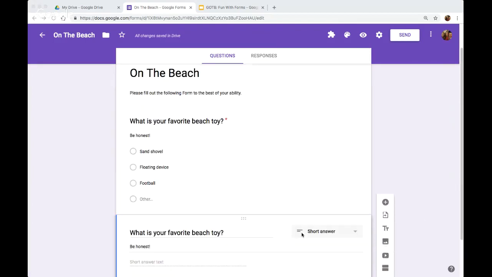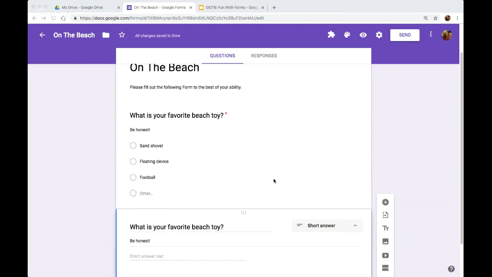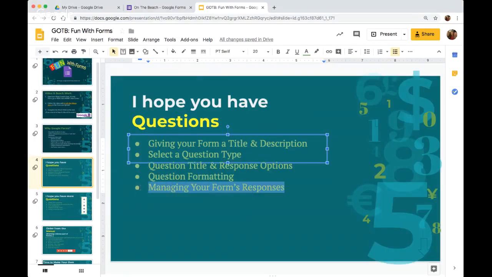Again, we're just having a little fun with forms. I'm showing you the basics. It can become really detailed, so I'm not going to get too much into that. So, managing your form's responses. I've got a title, I've got a question type, I've done the basic ones, I've got title and response options, and I formatted my question to look the way I want it, and now I'm going to manage the